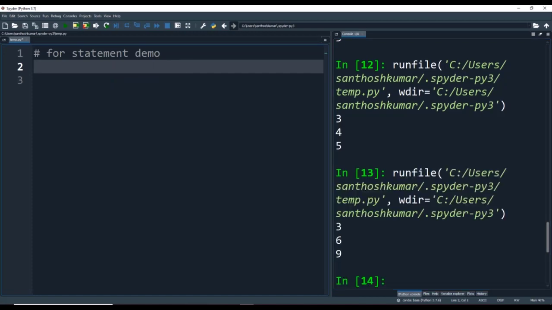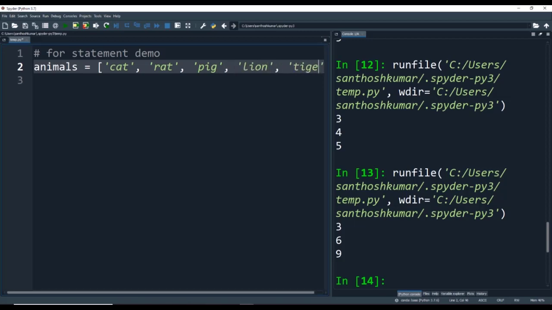A for loop can as well be iterated on a list. In order to show that, I am clearing the existing piece of code, and then I am declaring a list called animals, and assigning it elements cat, rat, pig, lion, tiger.